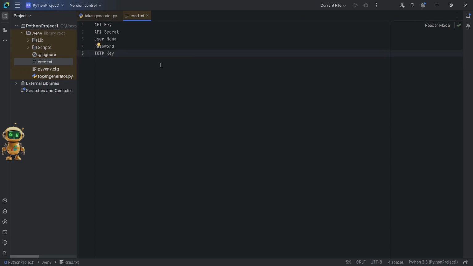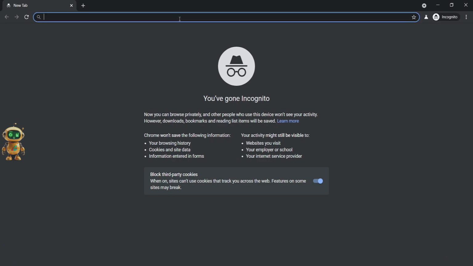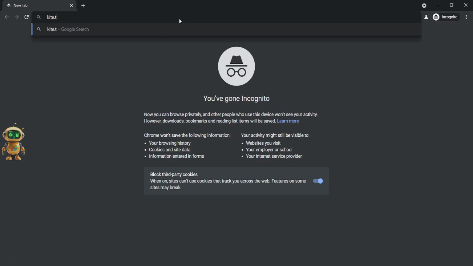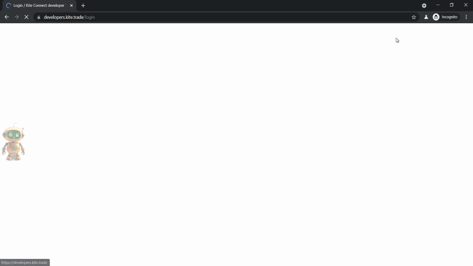In the text file we need to add API key, API secret, username, password and TOTP key. To get the API key and API secret we need to log into Kite Connect website. Go to kite.trade, select login and log in with your email ID and password.